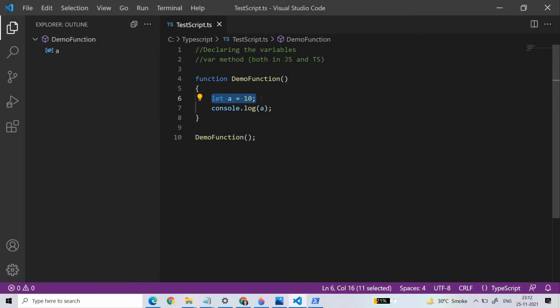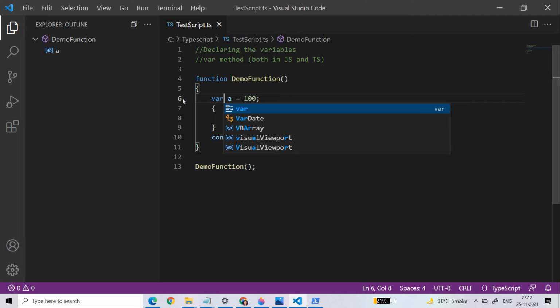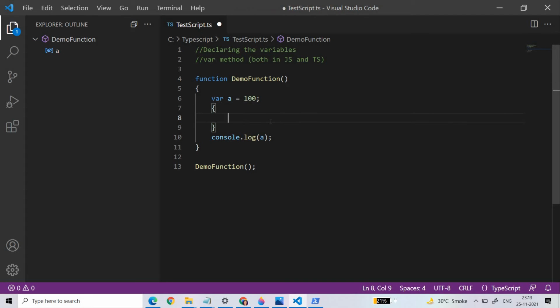Let me write one simple code. Let a is equal to 100, and then let me write a simple scope here. I'm creating a scope here. Let's first use var. So var a is equal to this, and then I'm going to write var b is equal to 200.